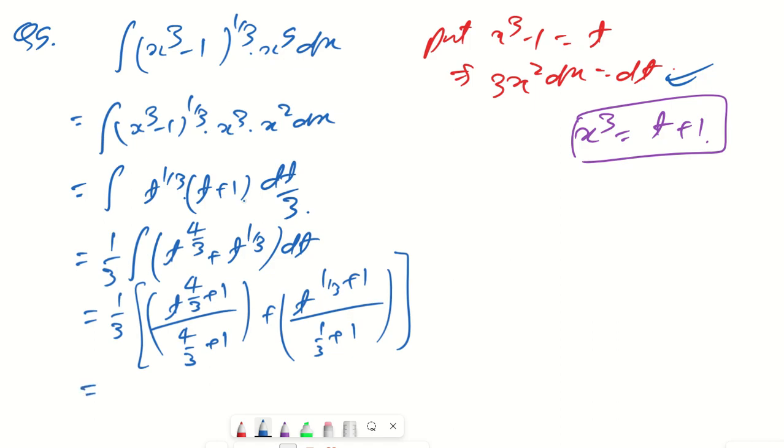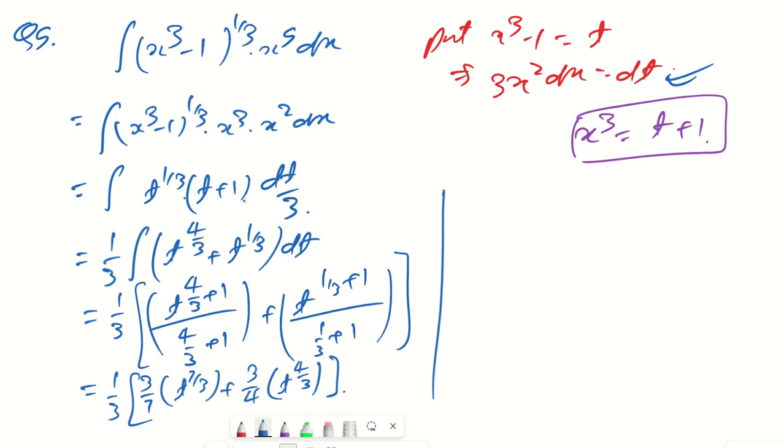So now you are able to see that 1 by 3 times this 4 by 3 plus 1 is going to be 3 by 7, because I am going to take it up, 3 by 7, and t to the power 7 by 3, plus this is again 3 by 4, and then this is going to be t to the power 4 by 3. Okay,